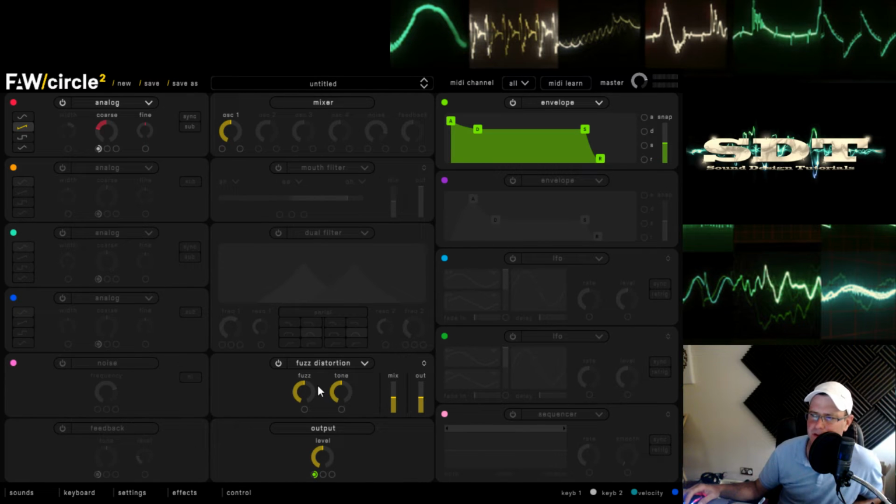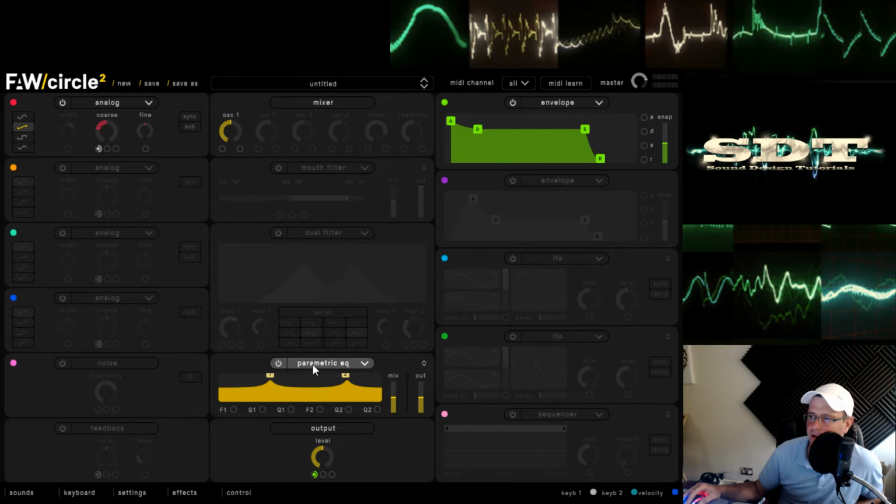I'm not going to go into all of these. Fuzz distortion, overdrive, all with real basic controls, but again, all modulatable. Parametric EQ, this is neat. You've only got 2 pair of EQs you can control, but this F1, G1, Q1, F2, G2 and Q2 is a frequency, gain and Q for each one of these peaks or troughs. So again, all modulatable. It's going to be good for getting some nice sort of growly sounds out of this